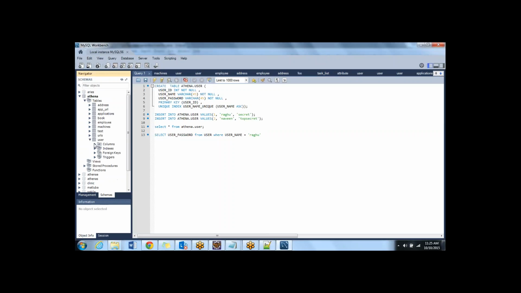Okay, so now the first thing that I will do here is I would like to map the user